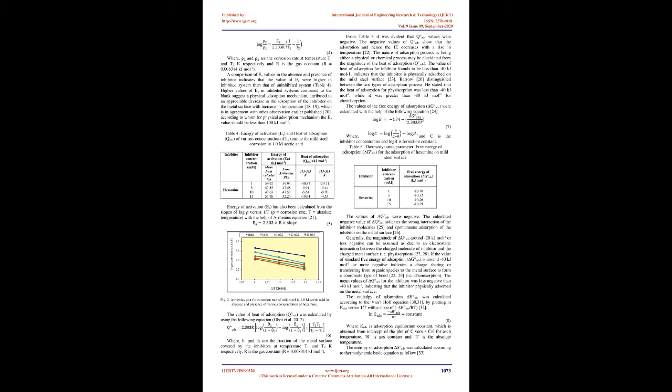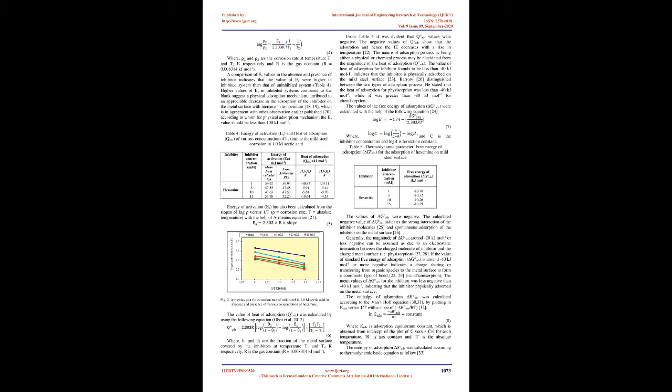D. Temperature effect. To study the effect of temperature on corrosion of MS, the test specimens were completely immersed in 230 ml of 1.0 M acetic acid solution without and with different concentrations of hexamine at 313, 323 and 333 K for 2 hours. After the exposure period, the test specimens were weighed to determine corrosion rate. From the weight loss data, inhibition efficiency, energy of activation, EA, heat of adsorption, Q ads, free energy of adsorption, ΔG° ads, enthalpy of adsorption, ΔH° ads, and entropy of adsorption, ΔS° ads, were calculated.